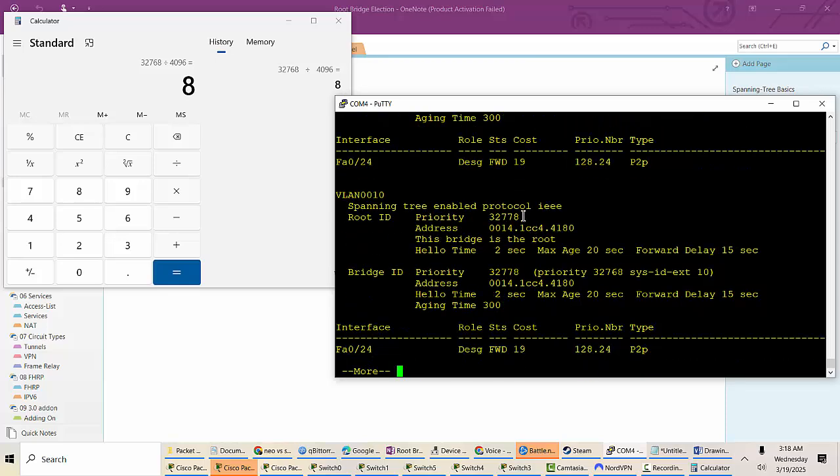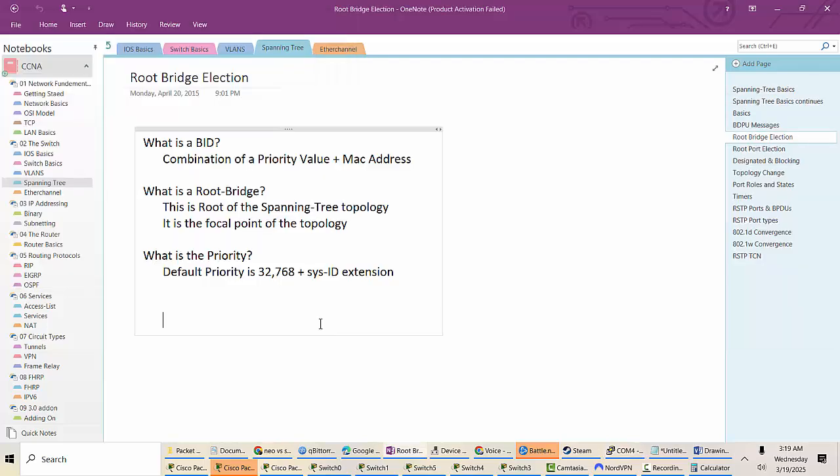VLAN 10 is 32,768 plus the extended VLAN 10. So all this system ID extender is just the number of the VLAN. That means that VLAN 1 is going to have a lower priority by default from that